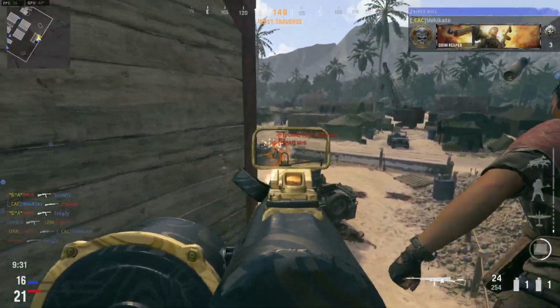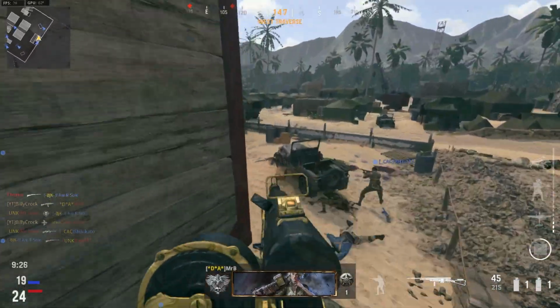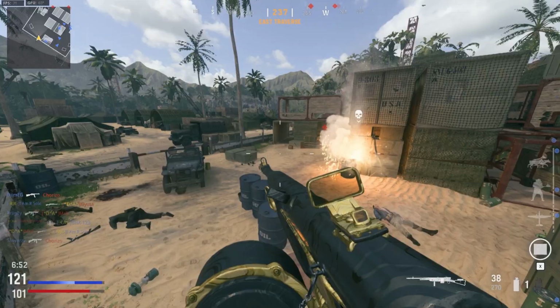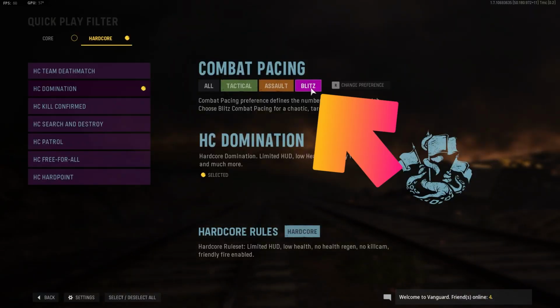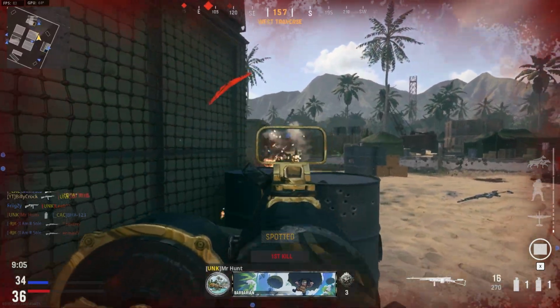Before we jump into any games and start working towards these camo challenges, there are some really important game settings that you'll want to be changing. This will save you tons of time. You want to be setting your game mode to domination. This just results in a lot more structured games and you'll find it a lot easier to get more kills in a singular game. On top of this, make sure your game filter is set to blitz. This just means the games will be far more hectic with more players in each game, resulting in more kills